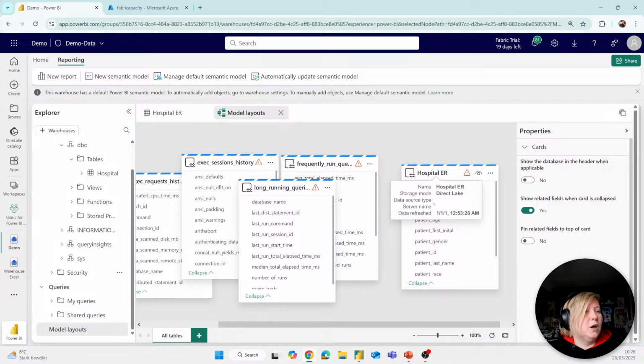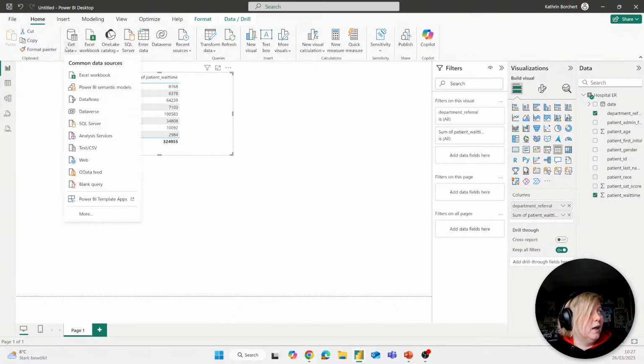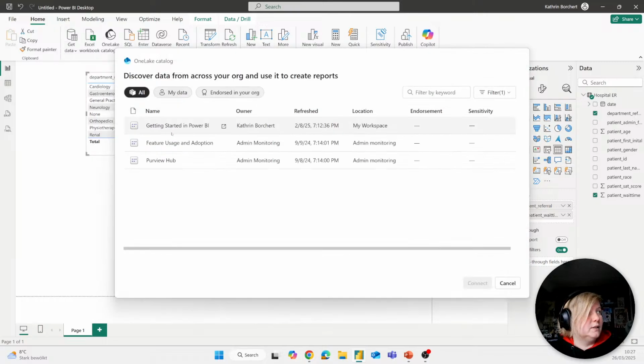Okay, now we see here, if we have more tables, we could connect them like in Power BI Desktop if we want. And so we have automatically now a default data set. Means if I go in my Power BI, I can go here on Get Data and say I want to connect to a semantic model. And now I see